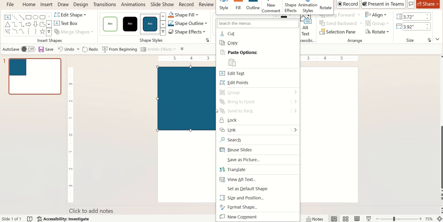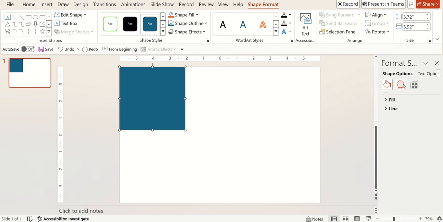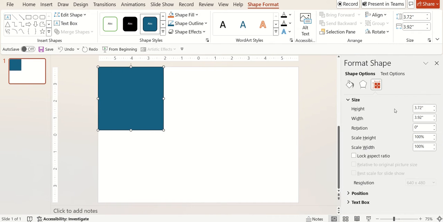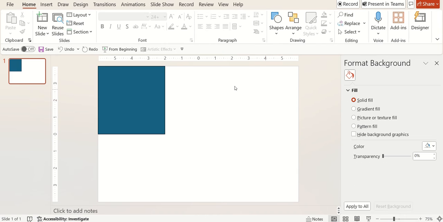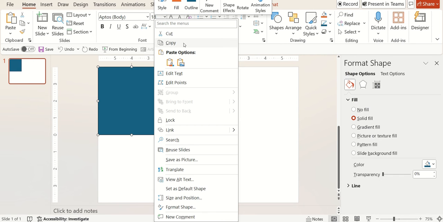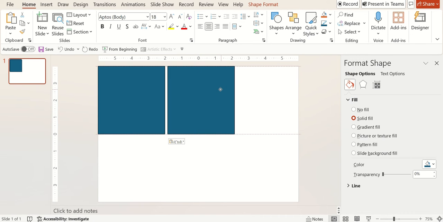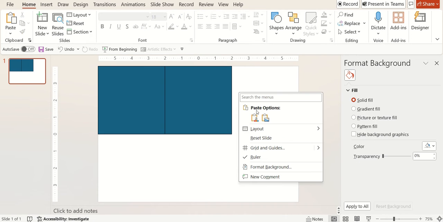Typically the passport size photos are 2 by 2. So then right click and go to the size, make sure that the size is 4 by 4, height 4 and then the width 4. Once you're done, then you copy and then paste, and then put it on this same page adjacent to that,